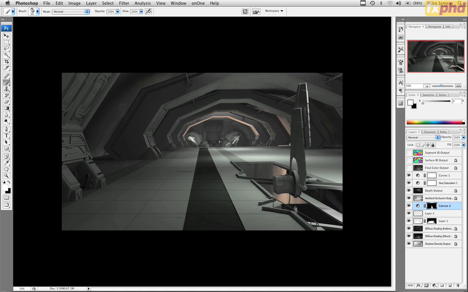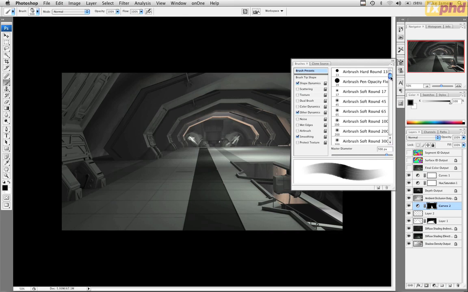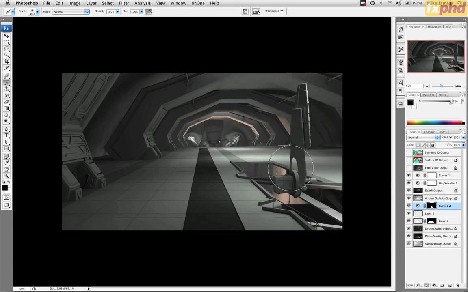Oh, it's kind of interesting. Might mask it off at the back a bit, with a softer brush, of course. You do have to fiddle around with brushes a lot. It's just the way it is. You can be a bit more organised and